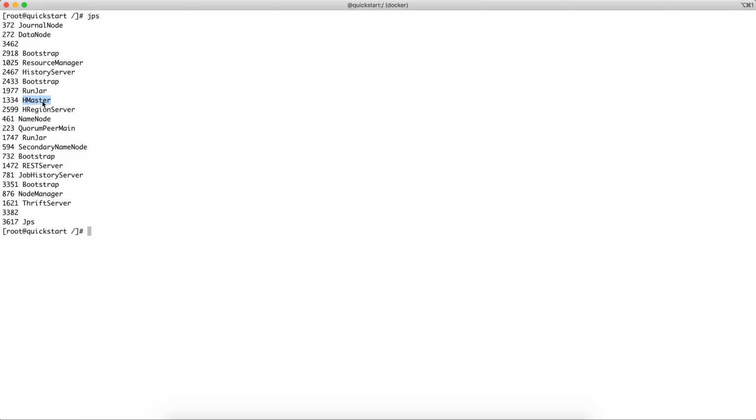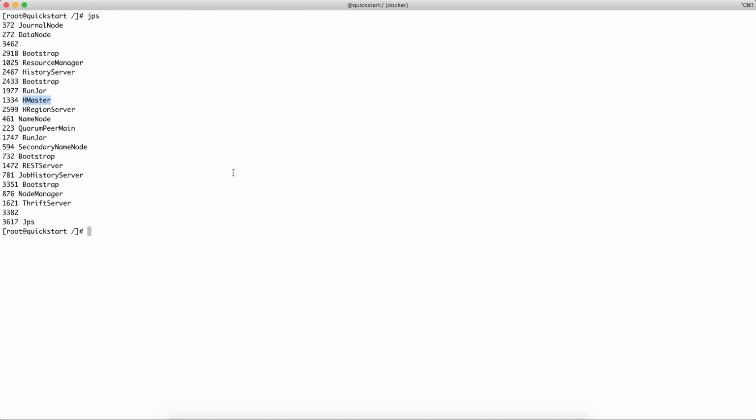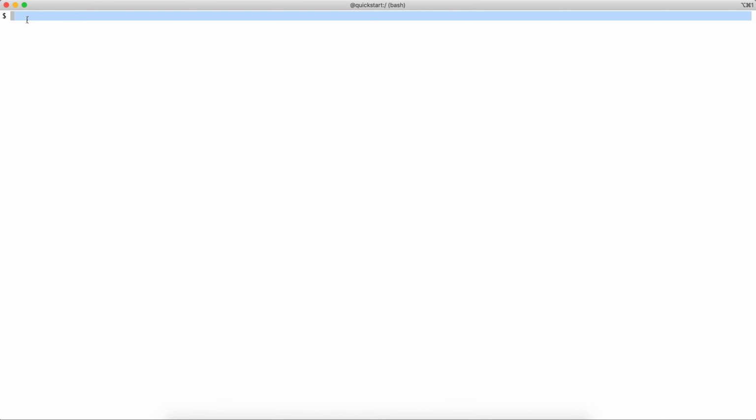Now, one thing to note here is, as soon as you ran this Docker run command, it took you into the Docker image directly. But this won't be the case every time. It might be possible that your system is shut down, or you have restarted your system, and you are not in the Docker shell. So now what I'm going to show is, let's say you are on your local terminal, as you are seeing on this terminal, this is my local terminal.